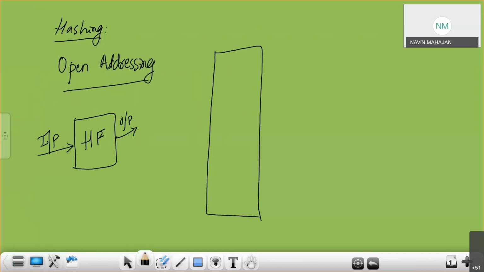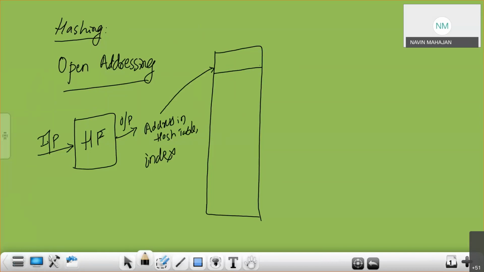The output is an address in the hash table, mostly an index in the table. So one address comes here and it is stored here. Say the first number is stored.